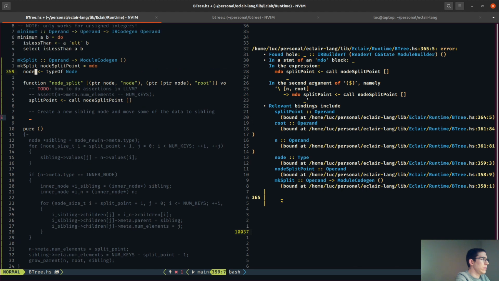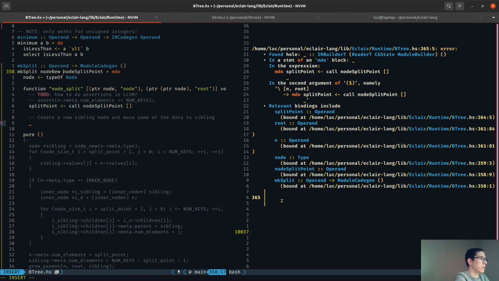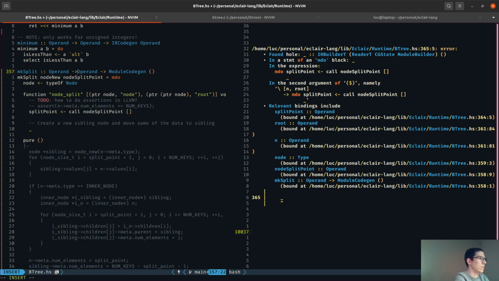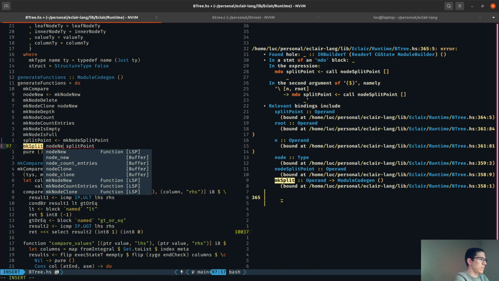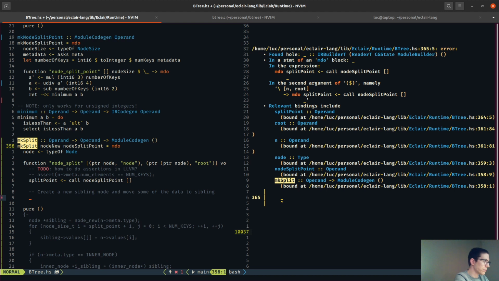We also need the node new function. So we get sibling node new. Oh, we need to call that, and then